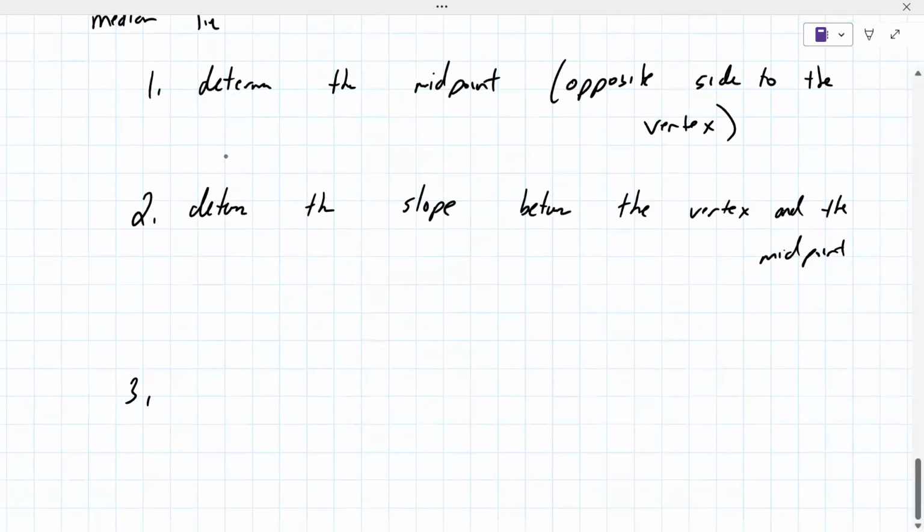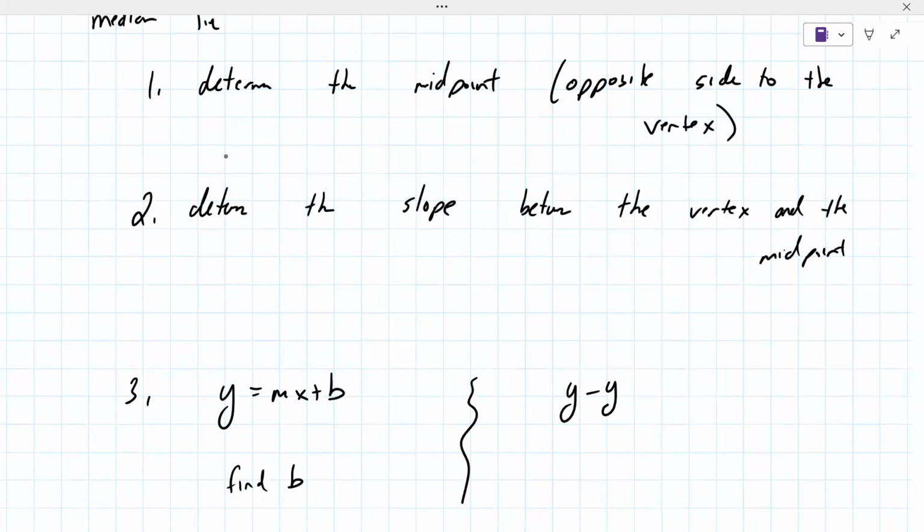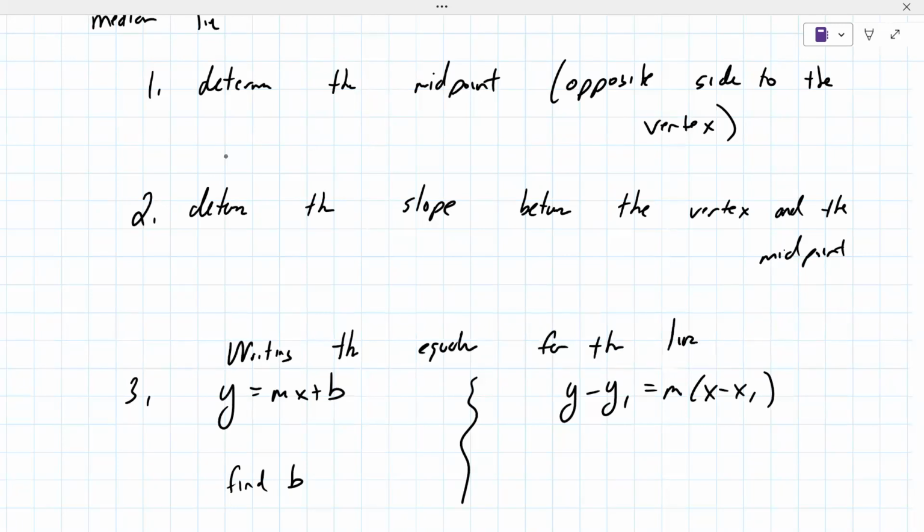Third thing, depending on the equation you're using: y equals mx plus b, here you have to find b. In the other one, you just write it. What are you finding exactly on this third step? You've already found the slope, right? You're writing the equation for the line. So the whole instructions are, median line equation, and that's what you've got here. Okay. So a couple examples there. Always good to go back and redo these if you have time. All right. That is it for